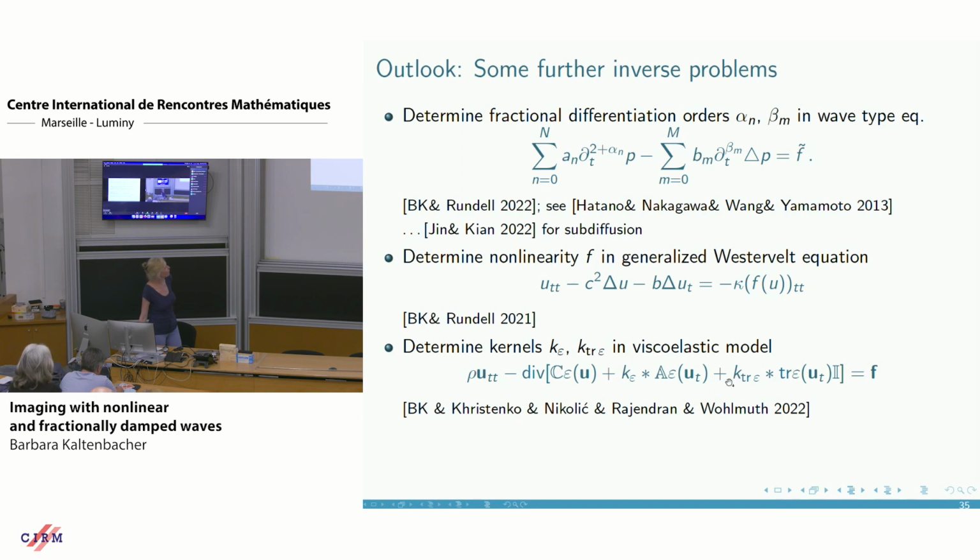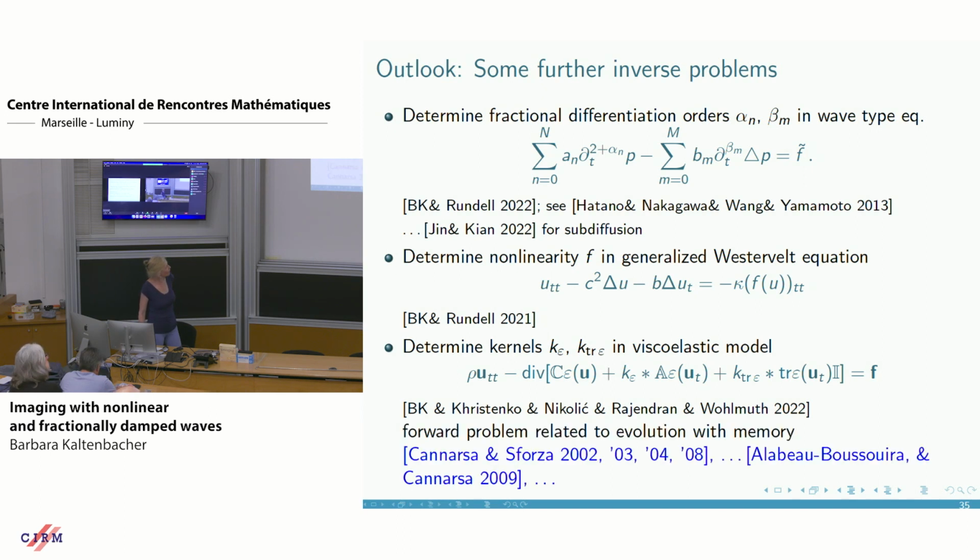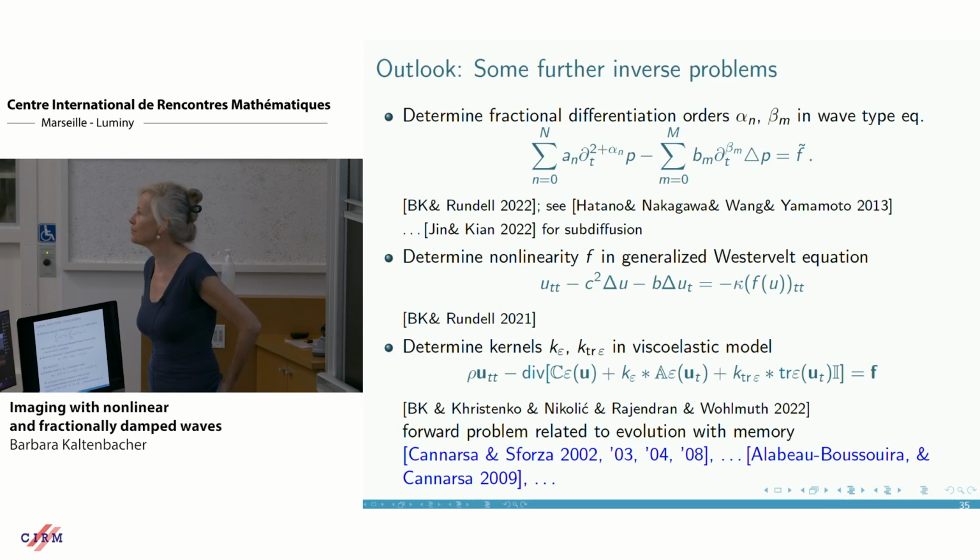where we have actually two choices of kernels, and looked at the reconstruction. Actually, it was numerical reconstruction and a bit of uniqueness proofs for reconstructing these kernels here. Looking at the forward problem, we came across well-known